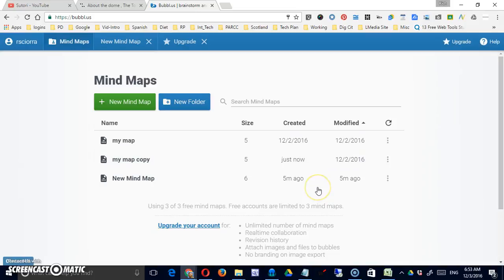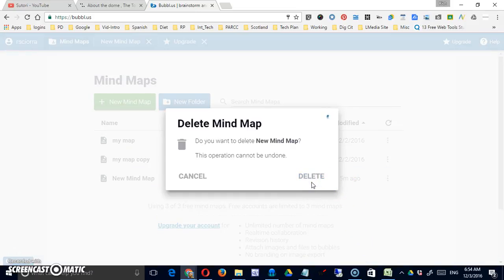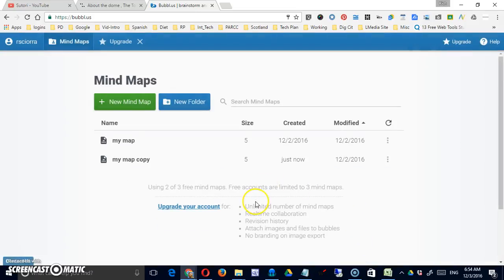That's a very handy option if, now I've just used my third, very handy option if you have the basis of something and want to make a modified copy. And you can also delete the mind map. And essentially, if you have a free account and you're using it for projects, that would be your workflow. You would have one, you would create it, you would finish it, you would output it, and then you would delete it. Or at least once you got to 3, you'd have to start deleting to make room for other